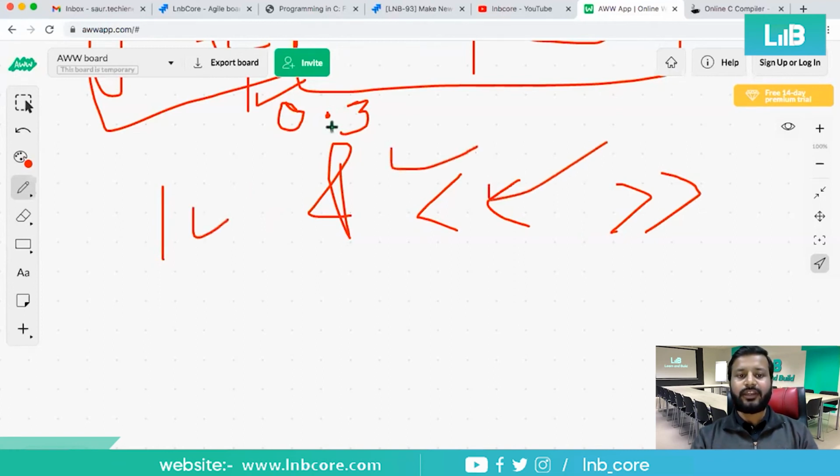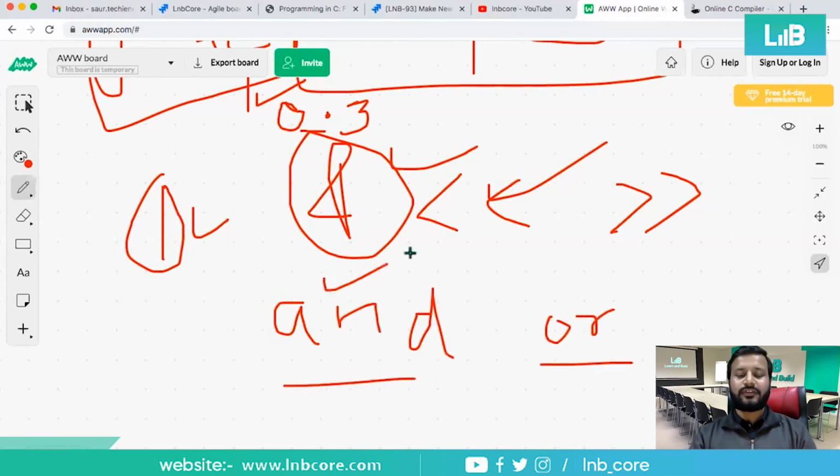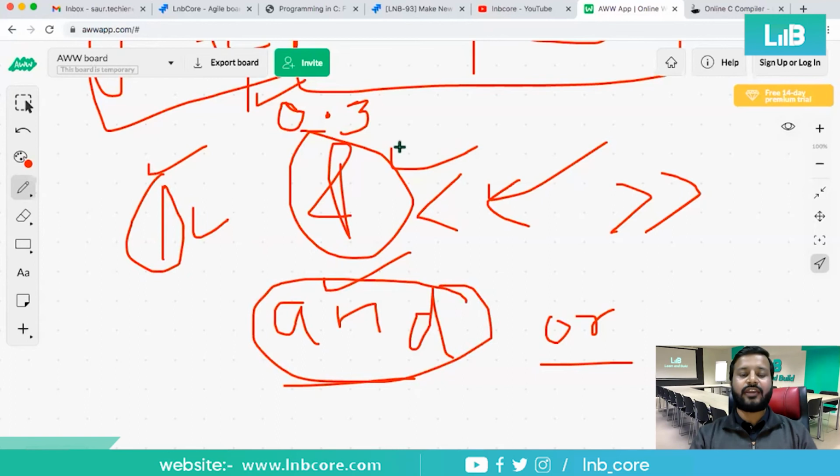However, the meaning of these things is the same. Logical operators are this thing: and, or, not, like that. These will be used in the if-else conditions. Both of them can be used for both things, but mostly you'll be using logical operators for if-else conditions, and you'll be using bitwise operators for operations between variables.